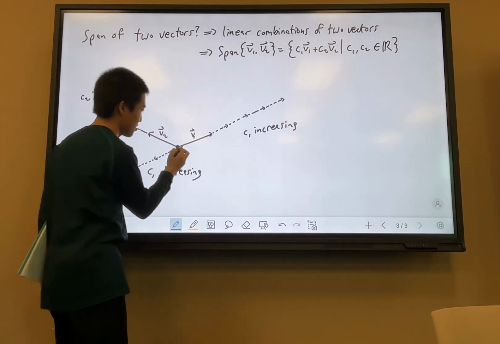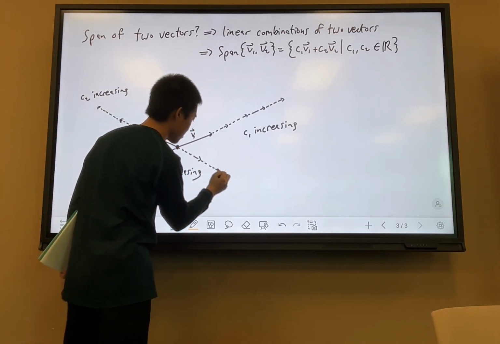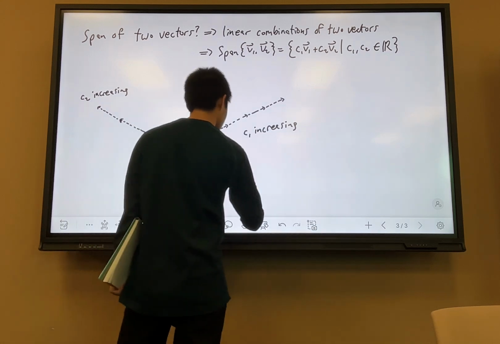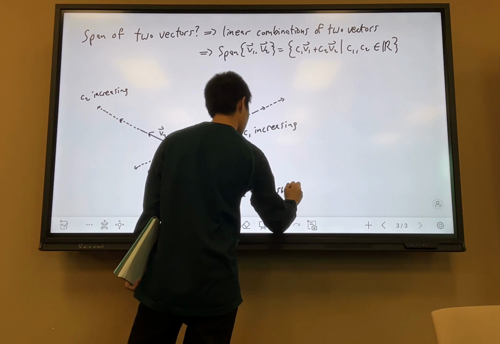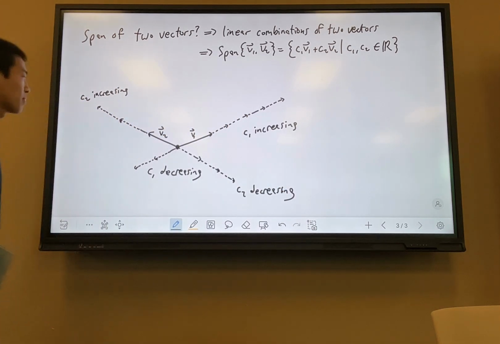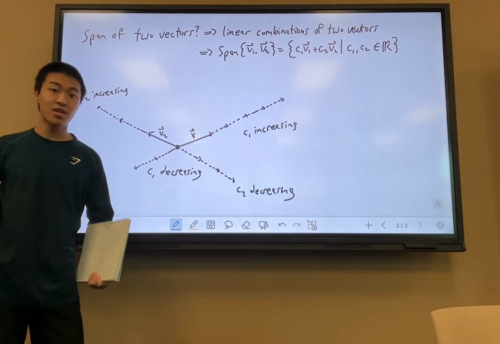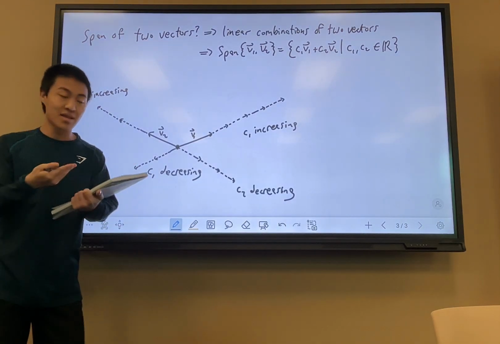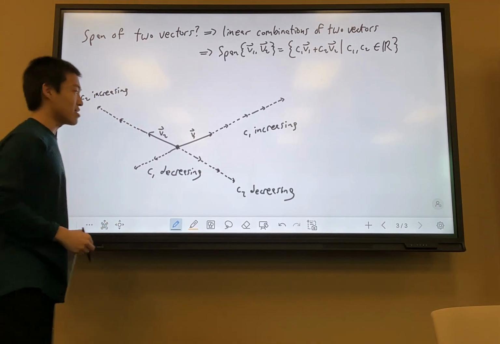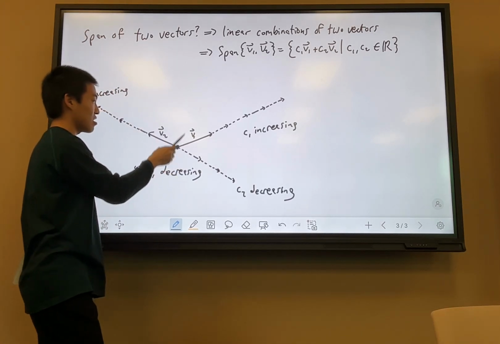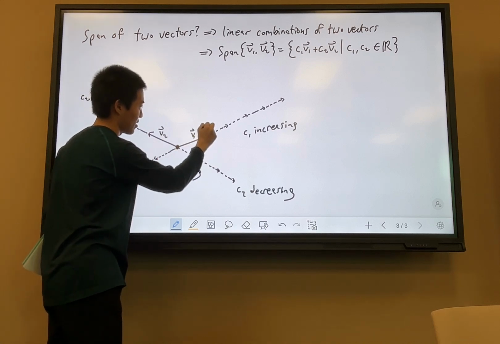And if I flip it around and decrease it, in a similar sense, then now C2 is decreasing, right? Okay, so that's only considering each of these individually. Now we need to think about what happens when they're acting together, like we're actually now combining these things. And so remember the head-to-tail method. I could easily add V1 and V2, and that's going to spit out, if I by the head-to-tail method,